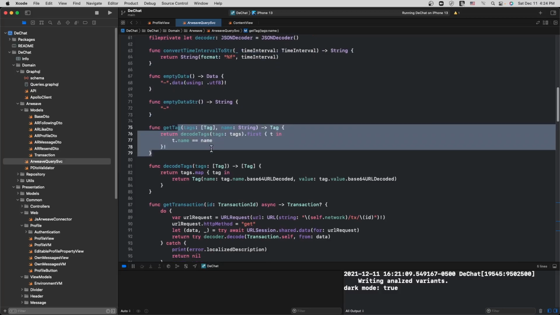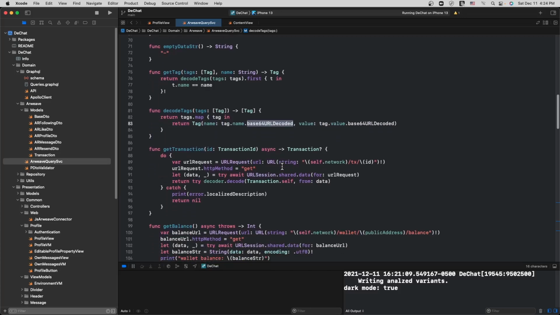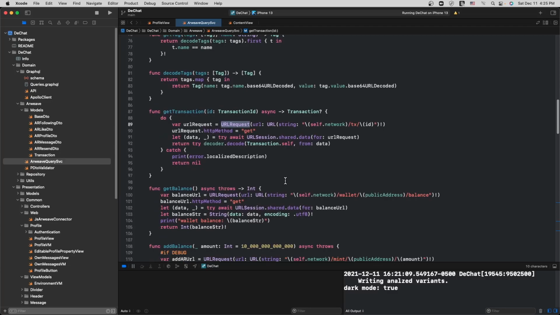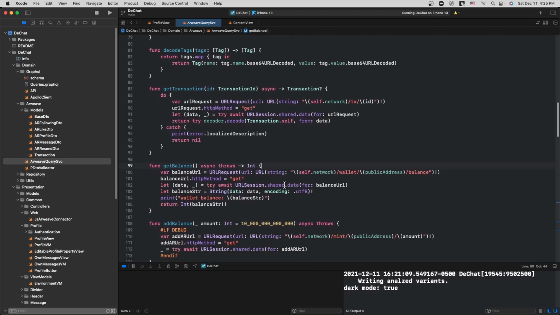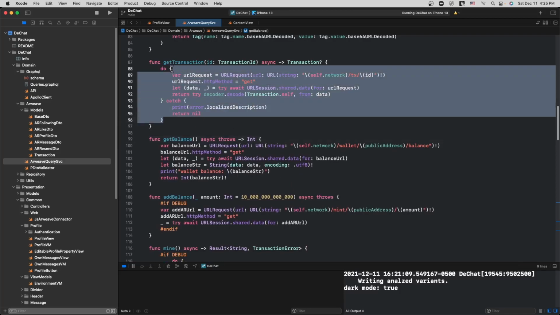This one right here will get the tags, but this one is going to be doing the decoding, because in my Arweave query service, depending on how easy certain things are to do, I might be using the HTTP service to query, as you can see based on this URL request, or I might be using the GraphQL, or I might be using the JavaScript API. And like I said, I'll show you that API in a different video. In this case, I'm just getting a transaction.